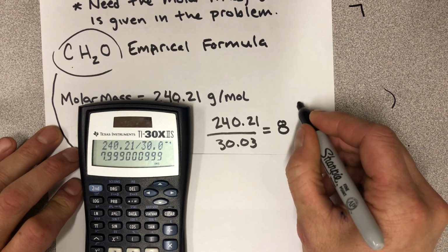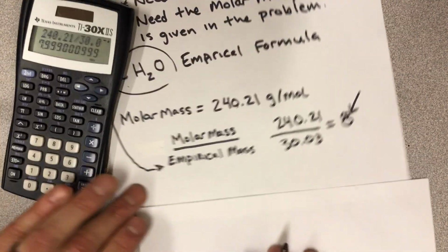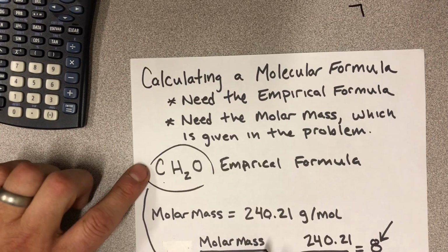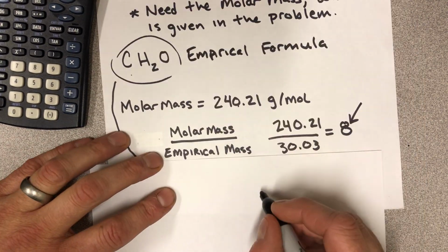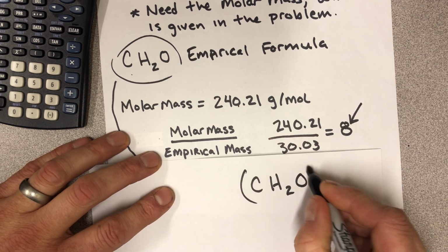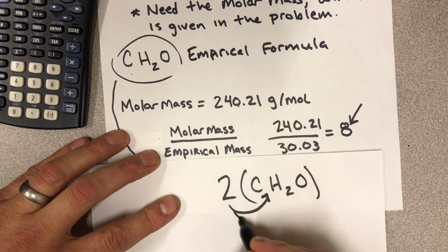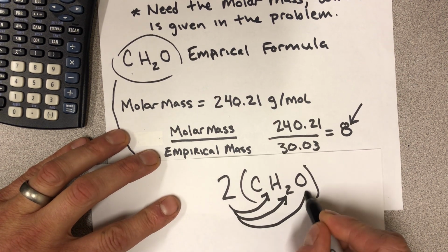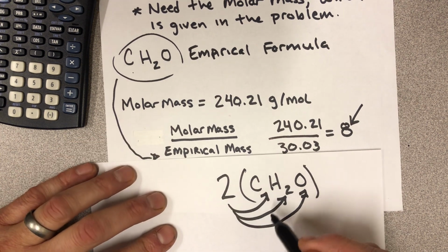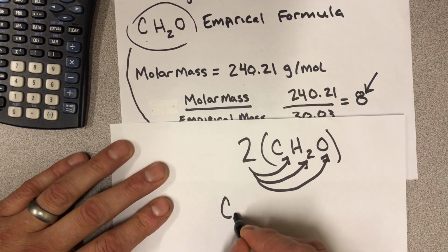And what you do with this number here is you basically just distribute it through your empirical formula. So your empirical formula from this example was this here, CH2O. So just distribute this 2 all the way through. So 2 here, 2 here, and 2 here. And we're going to multiply the 2 by the subscripts in the empirical formula. So your final molecular formula is